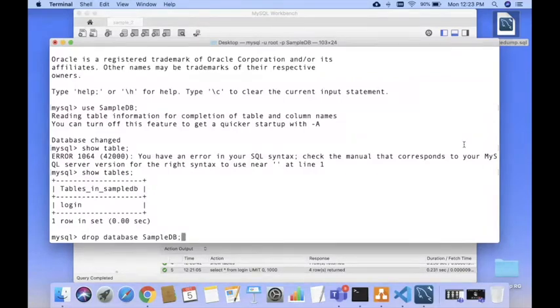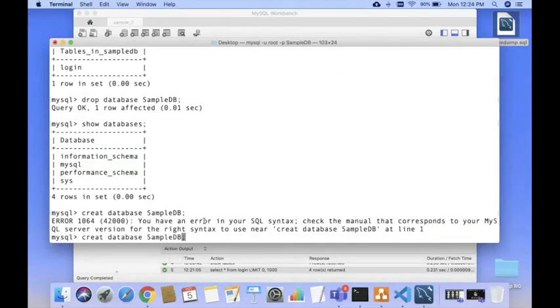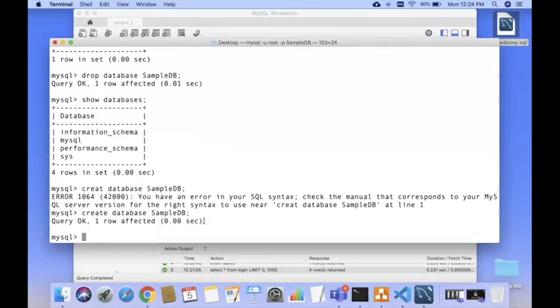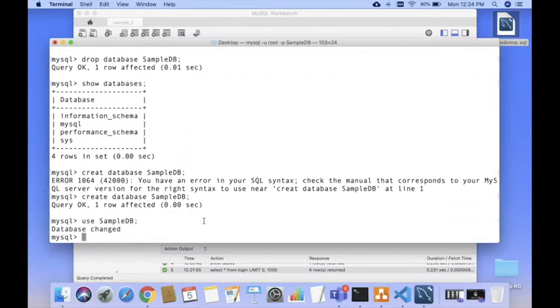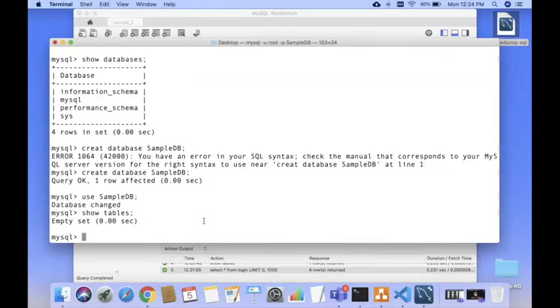Drop database sample DB. Create database sample DB. Okay, now this database has been created, but the content of the database is empty. Use sample DB, execute the statement show tables. Okay, now it's empty. There are no tables in the sample database.